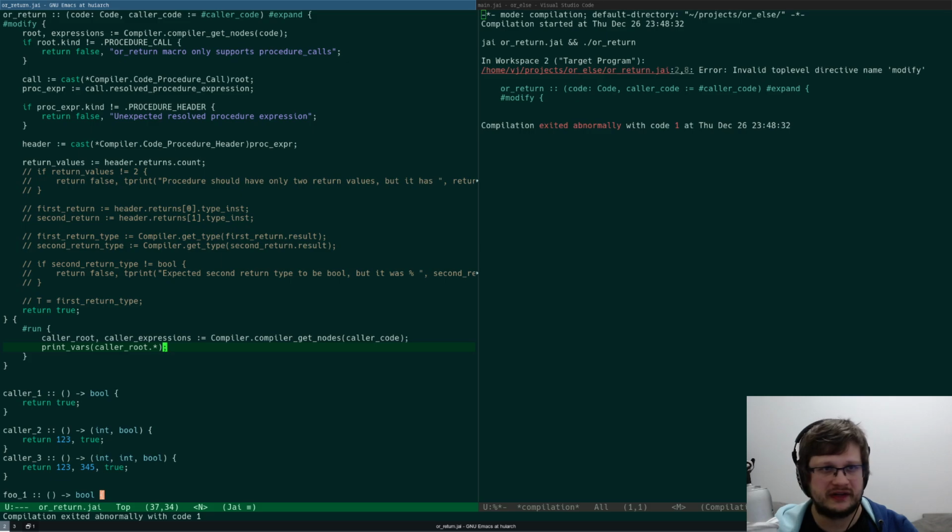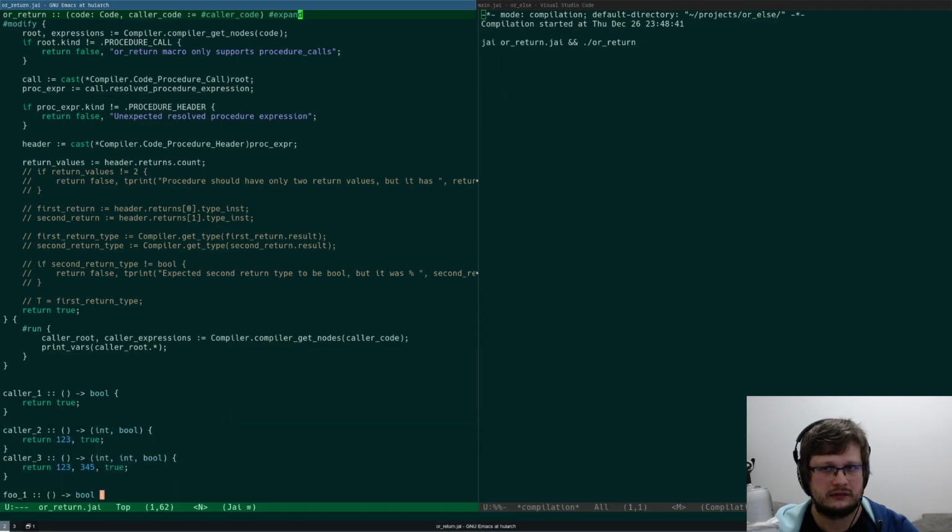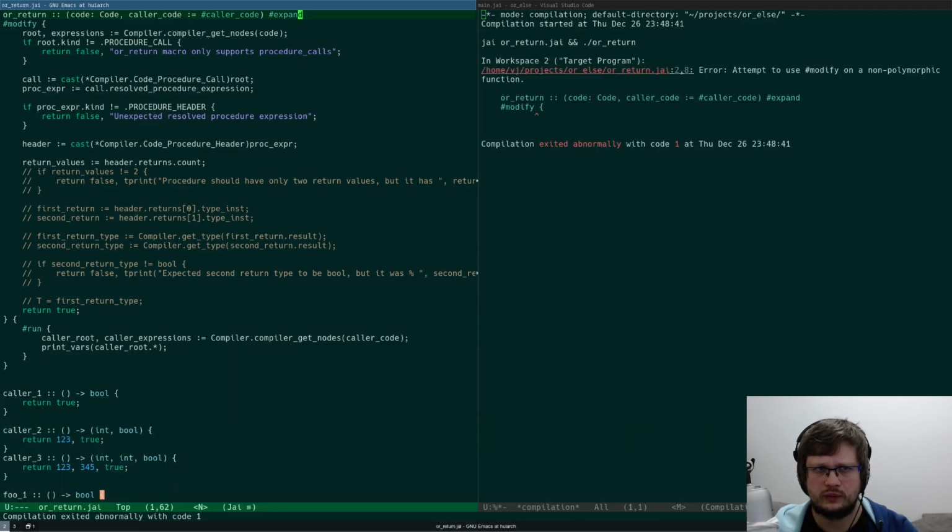Invalid top level directive modify what? Oh yeah. No? Attempt to use modify on a non-polymorphic. Huh. So I guess I can't use modify here because it's not polymorphic.